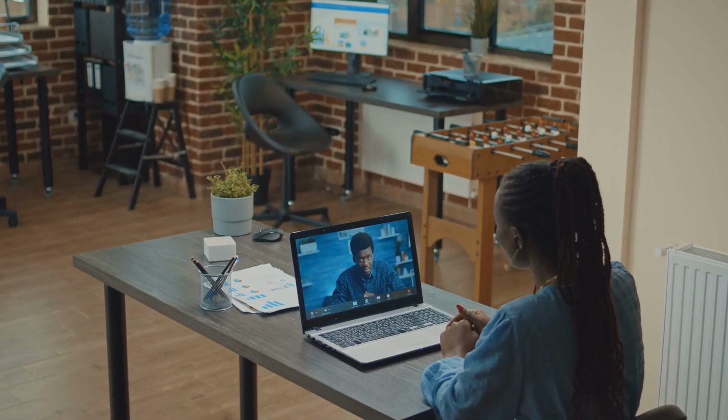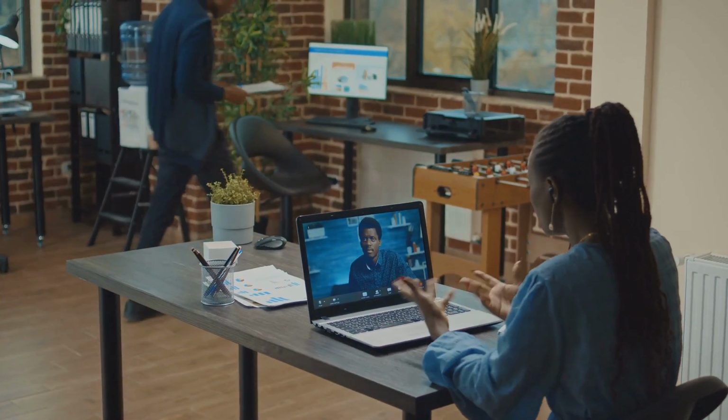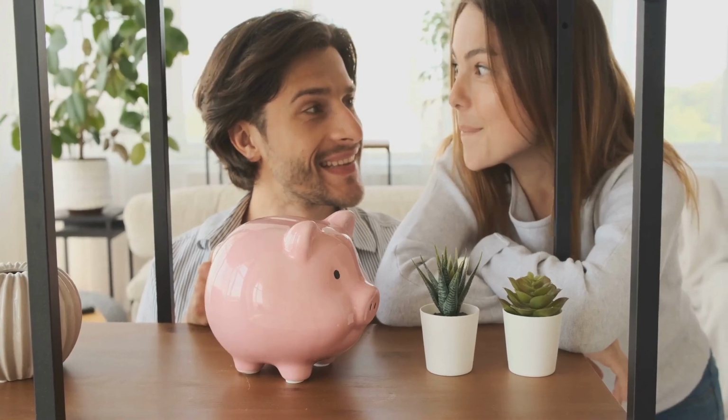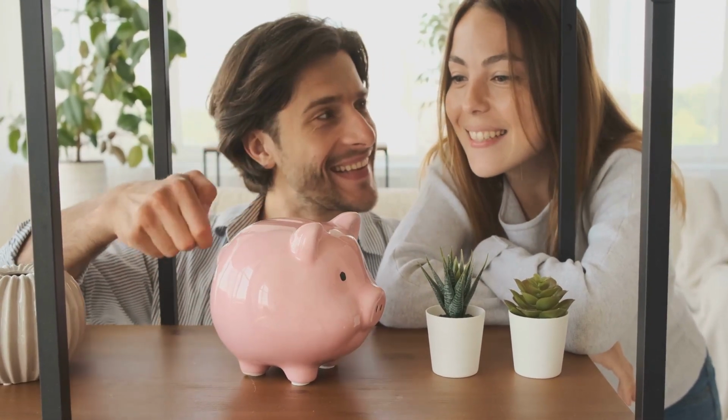Rank and rent, on the other hand, is a business model built on tangible value and long-term growth. It's not about get-rich-quick schemes, it's about building a sustainable income stream that can provide financial security for years to